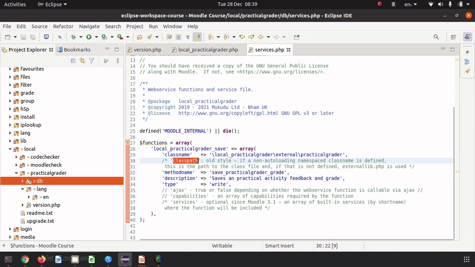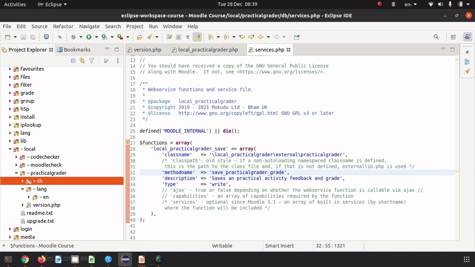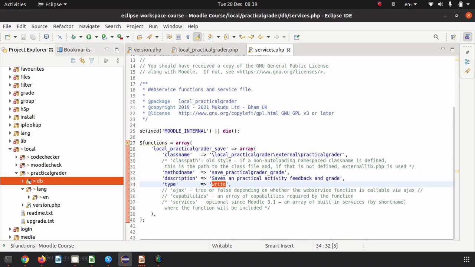And if both class name or class path is not defined and it is not auto-loaded, then Moodle will look for a file called externallib.php. Then you have the method name that's being called in that class when that function is called, and then you give it a description and the type of operation it is, read or write. So in this case it's write, and there are a couple of other items that you can define in your